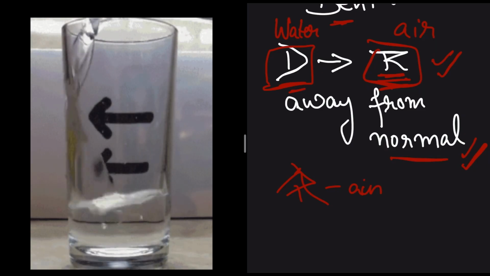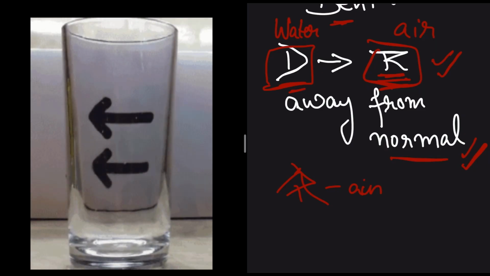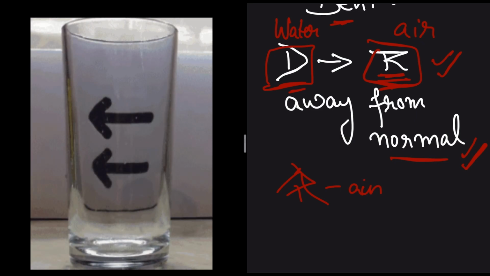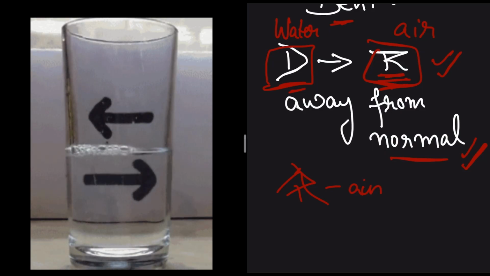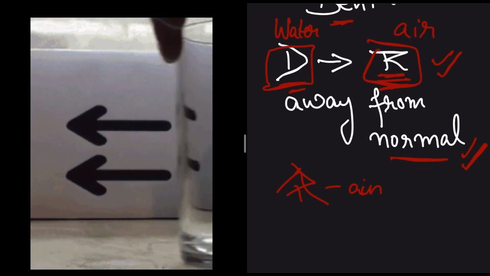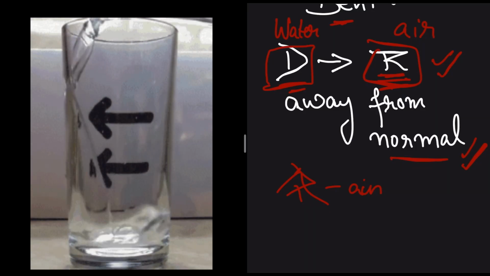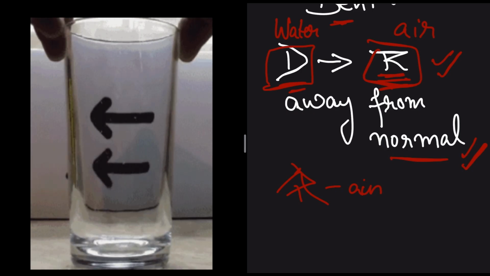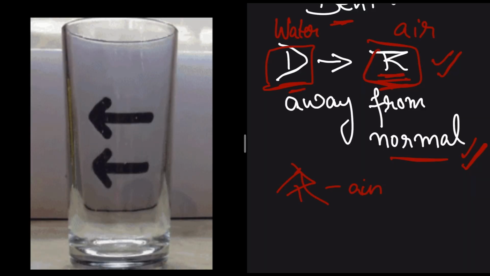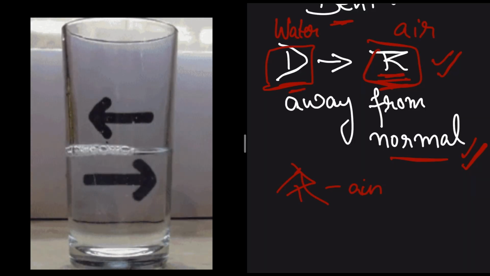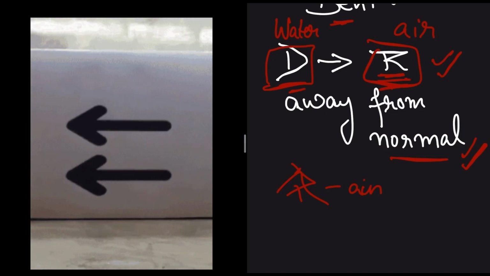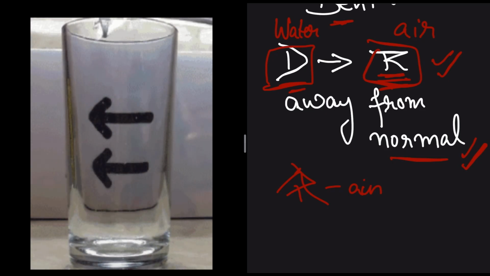Why? The light rays from the arrows are bent two times, once when entering the water and again when leaving. This bending causes the sides of the arrow to cross over and appear flipped or reversed, as it was in the case of the pencil. The pencil appears bent in water. Why? Due to the refraction of light. How? As light passes from air to water, it slows down and changes direction, which causes the submerged part of the pencil to appear bent.